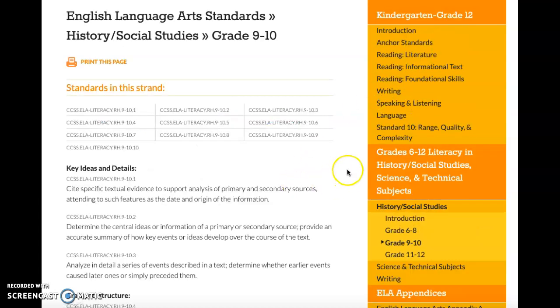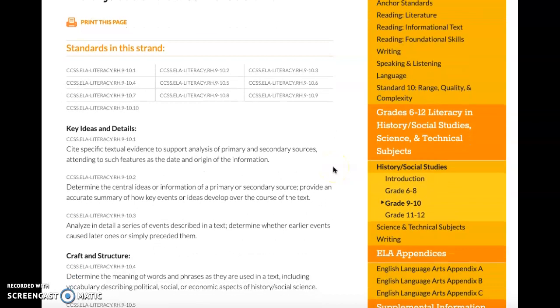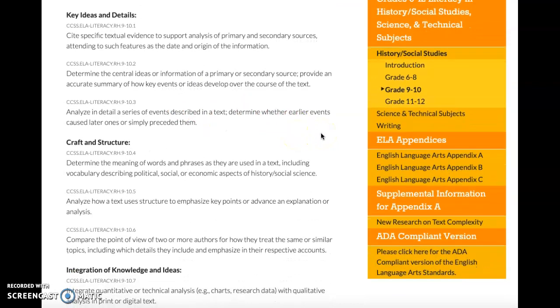Going into the ELA standards for history, social studies, like I said, I am student teaching world history for 10th graders, so I'm going to focus in more detail on these standards here. The various standards in this strand are listed at the top, and they are broken down into different categories in more detail. With history, social science, the Common Core is really seeking to make sure that students are able to analyze primary and secondary sources. That is a very big thing with the Common Core State Standards. So making sure that students are able to